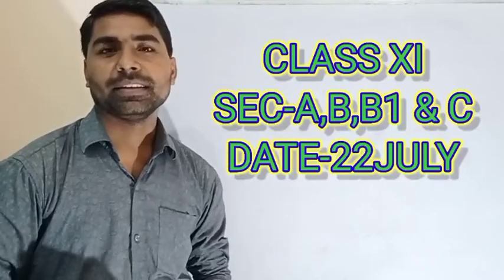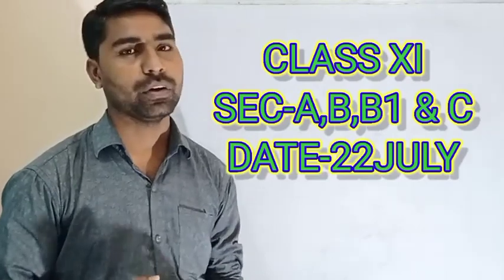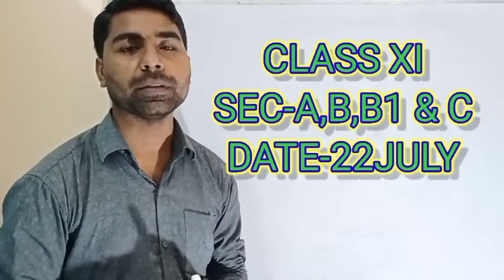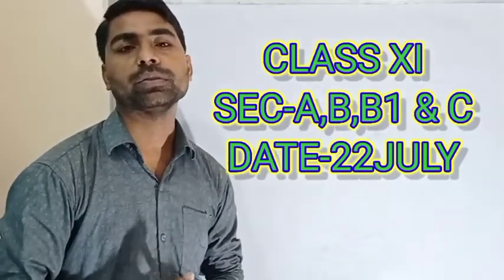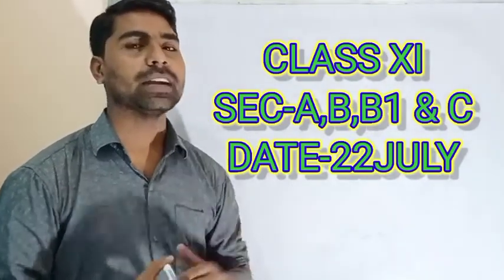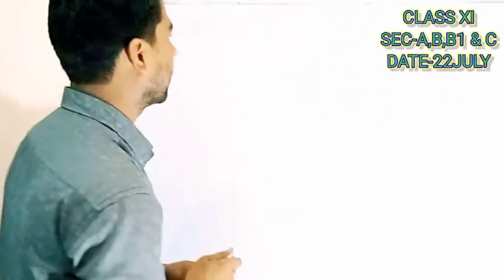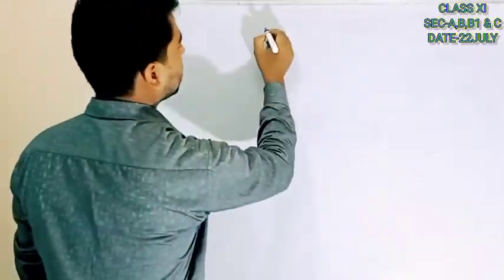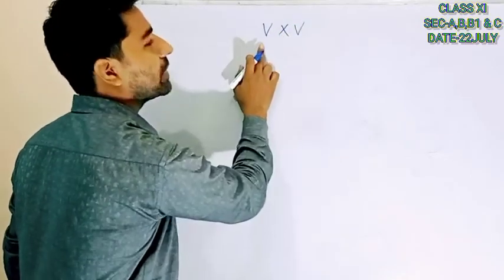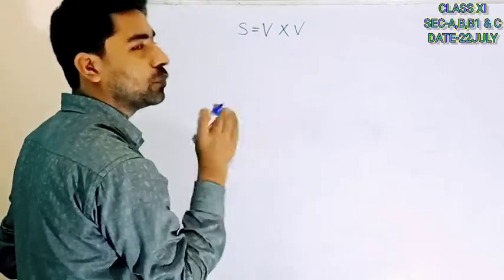Hello class 11. In the previous lectures we were discussing the dot and cross product. The last topic where I ended the lecture was about the dot product only, but that was not completed. So before starting the dot product again, I want to show you a quick review. If you remember, vector cross vector, if written without any arrowhead, then there is nothing to worry about.